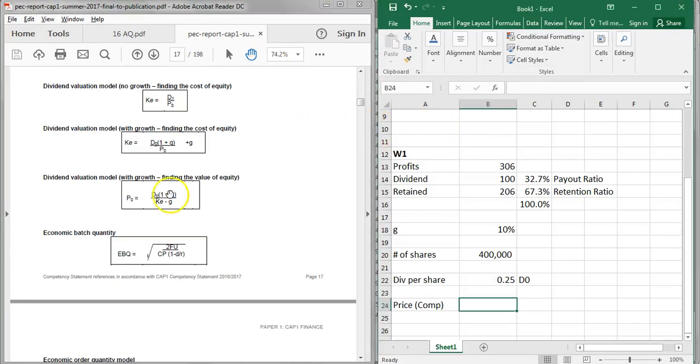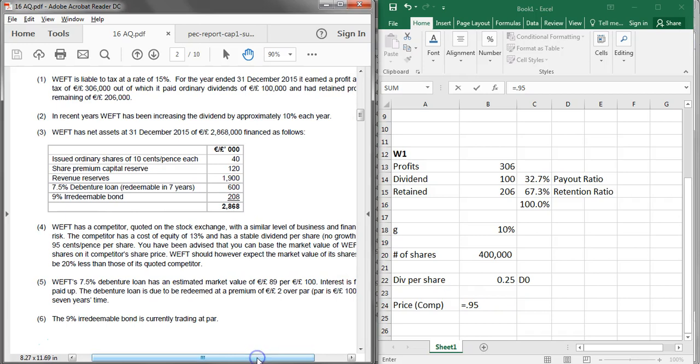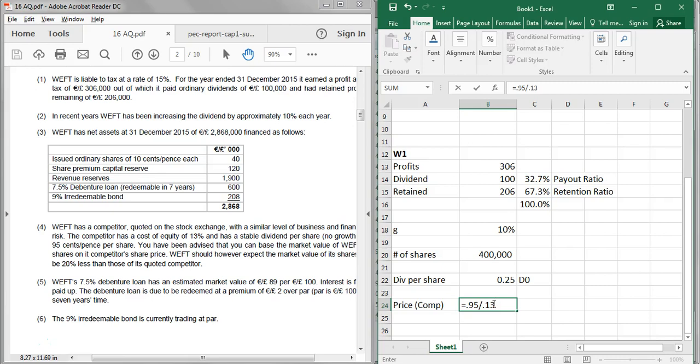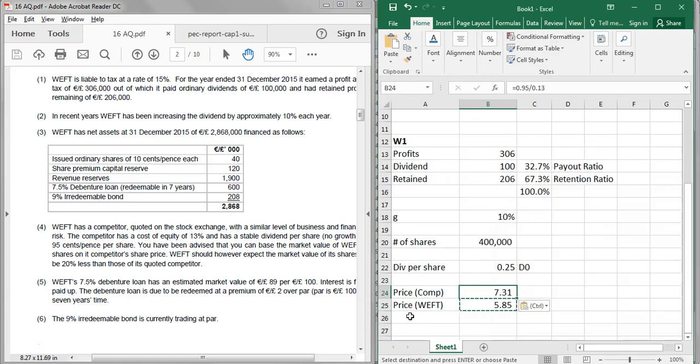So if we come back to here, we have the price of the competitor is 95 cents, which is D1, because the dividend is the same each time, divided by 0.13. So it's a perpetuity with no growth: the cash flow, the dividend, over the discount rate. So their price is 7.3, and we're going to trade at 80% of that, because we're told we're going to trade at 20% less. So the price of WEF is 5.85. 20% off, you're told that in the question. So the market value of the equity then,